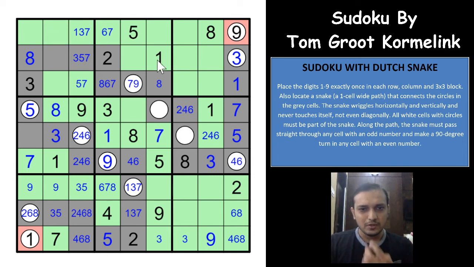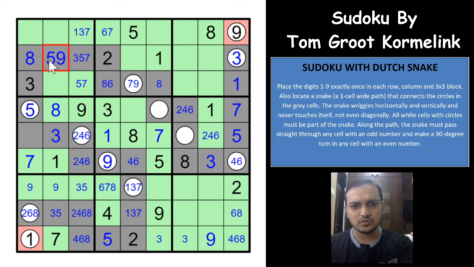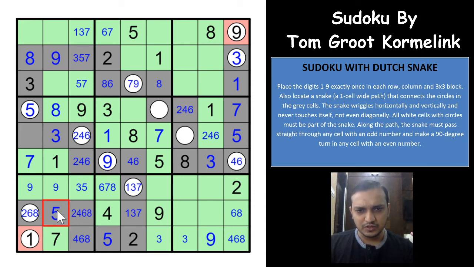Superb. So this would have to be a turn, which means you cannot have a 7 here, and this is a straight cell, which means this would have to be an even odd digit, which will be a 5 and 9 possibility. And because this would have to be a 5 here, this would have to be a 9, and this 5 gives you a 5 in one of these two cells. So this would have to be a 3 now, and that 3 eliminates 3 from these two cells. So this would have to be 1 7, and this would have to be 1 5 and 7.